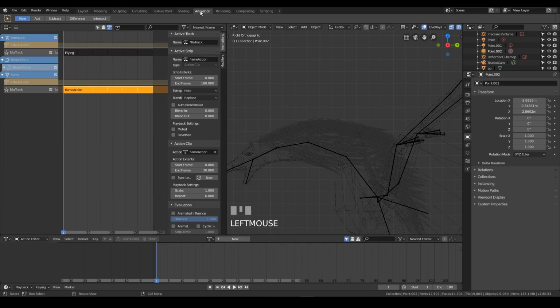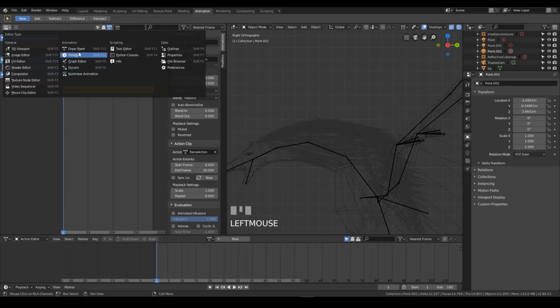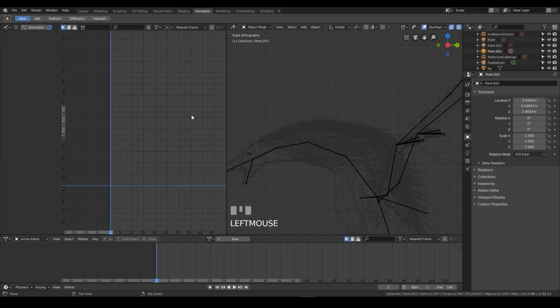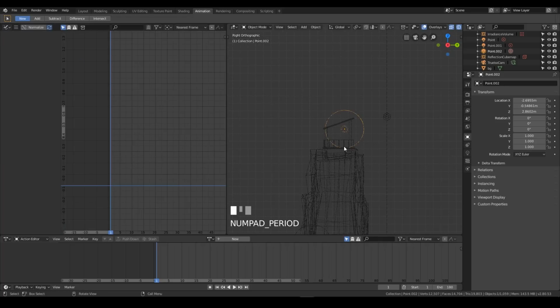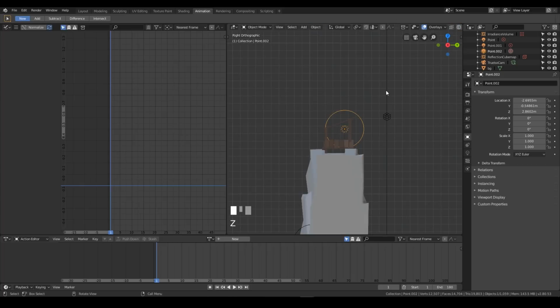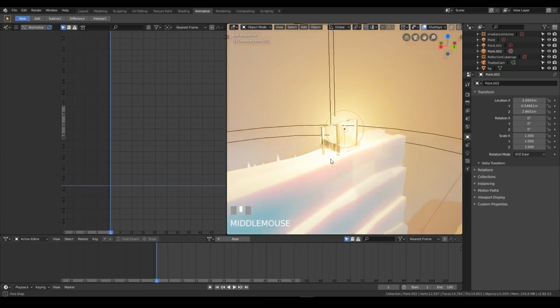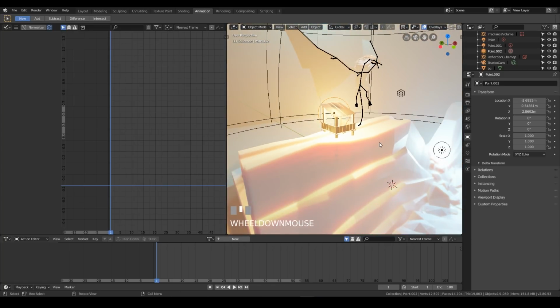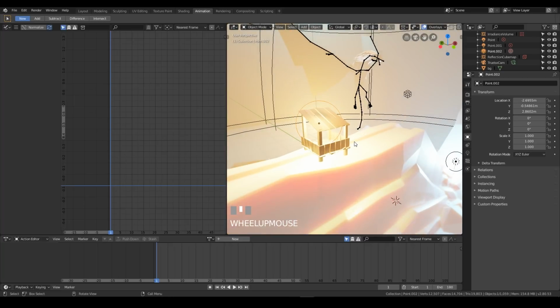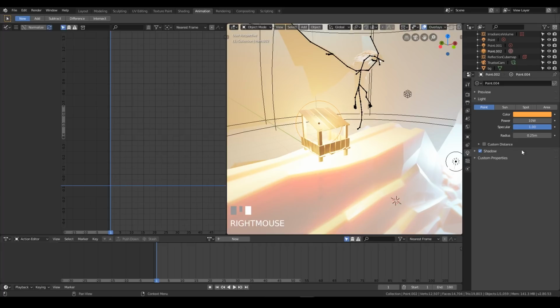So you can go to the animation again, switch back to the graph editor, and let's go to the light, enable the render view because we want to see it, and we can insert the keyframe, but not here, but on the light settings, and we want to insert it on the power, so press I over the power,